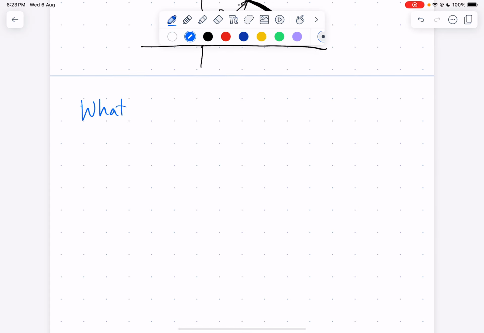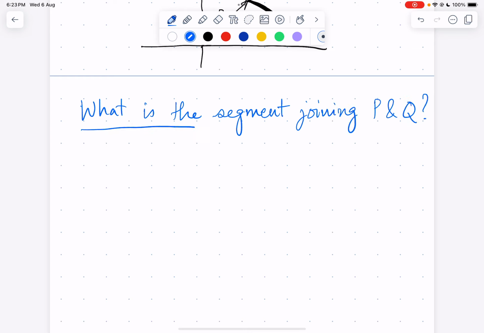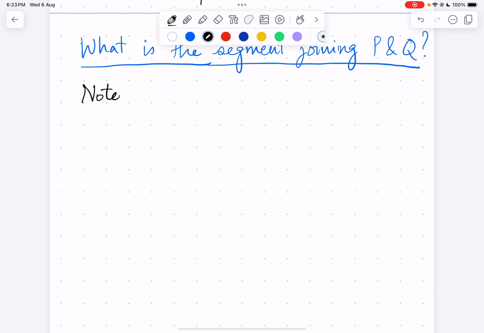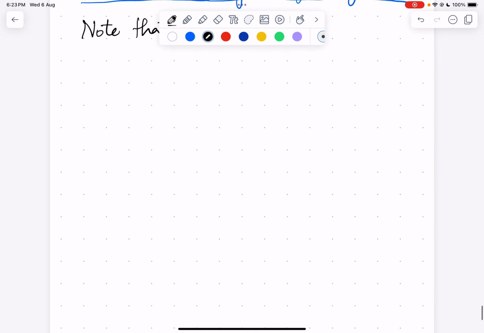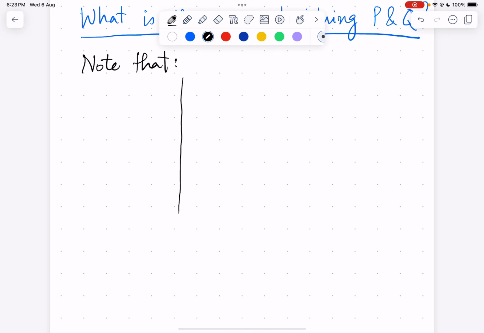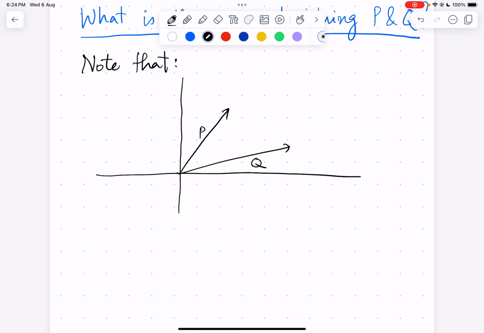So we can ask, what is the segment joining P and Q? So the segment is a set of points. So what is that set of points? So note that this is P and this is Q, and this vector is Q minus P,